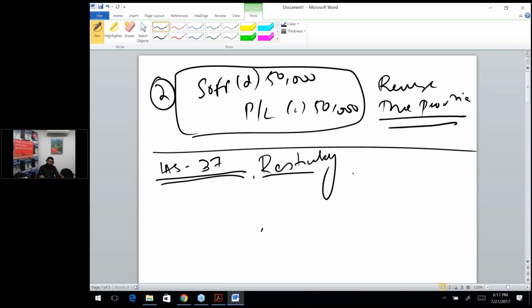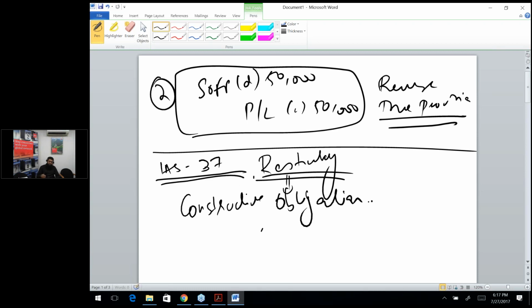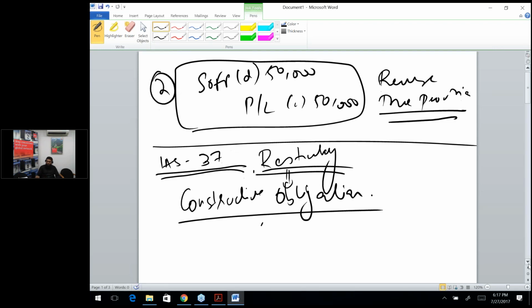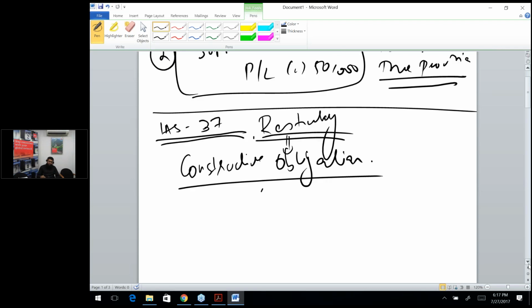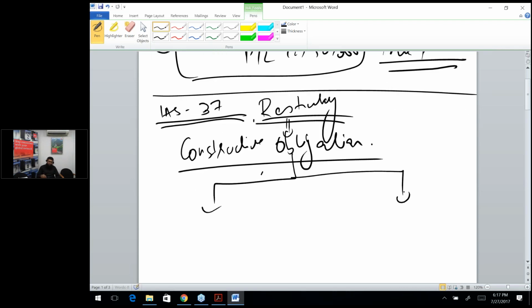IAS 37 says that a restructuring provision shall be recognized when the entity has a constructive obligation to restructure. And when do we have a constructive obligation to restructure? It exists when you have got a detailed formal plan